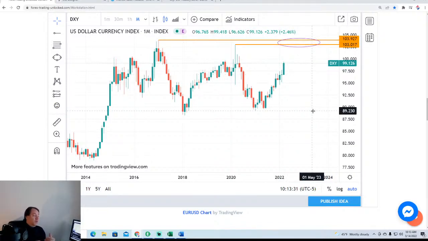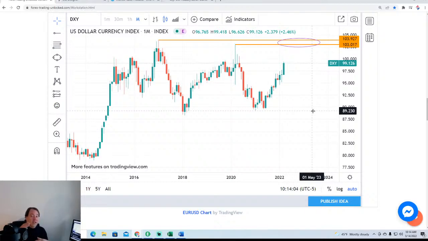And as we get through some of these other currencies, you'll see what I'm talking about, because the dollar index is influenced mostly by the euro and the pound because of the biggest weights. So as the euro goes down, the index goes up in a big way. The pound could be flat or even going up against the dollar, but because of the euro, which is the biggest weight, that's going to give fuel to the US dollar. And as we get into some of these other currencies, you'll see that they are gaining strength versus the dollar, and it's most likely that they're going to continue to do so. So as that happens,